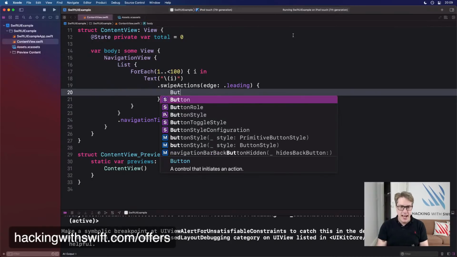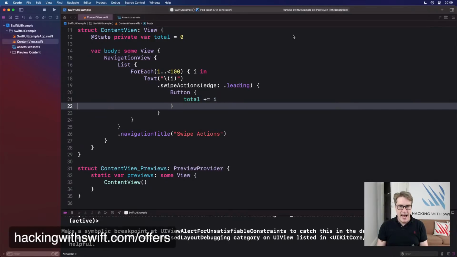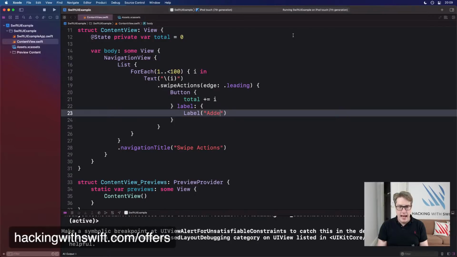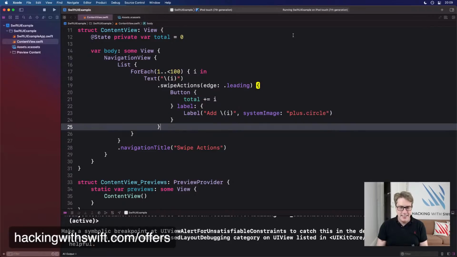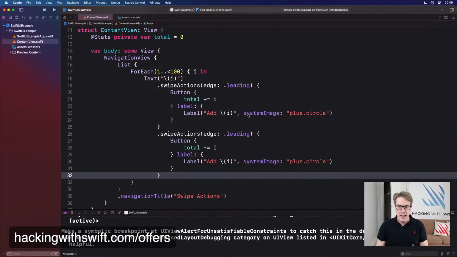So for the leading one, I'll say Button, total plus equals i. Add that to our total with the label of Label add i, and the system image of plus.circle, I think it is. And then I want to have the trailing side as well, so I'll just do another swipeActions. Same modifier, have two back to back.